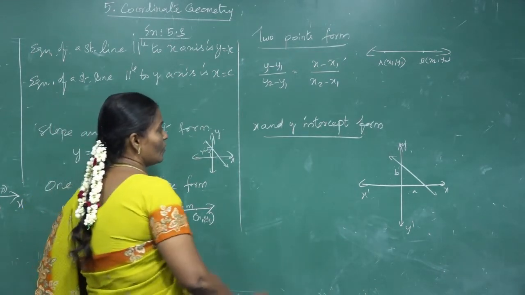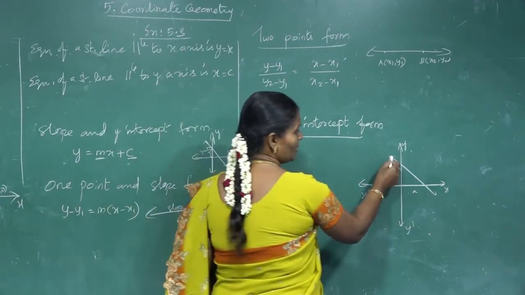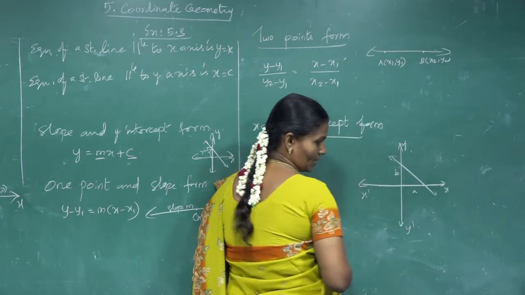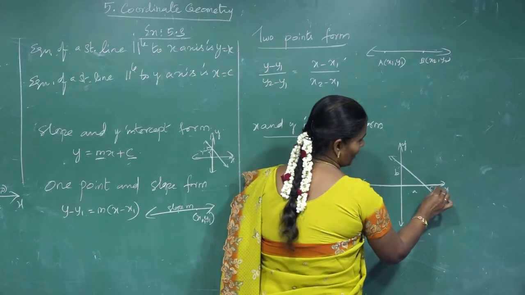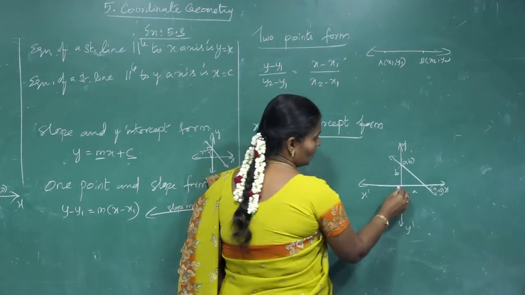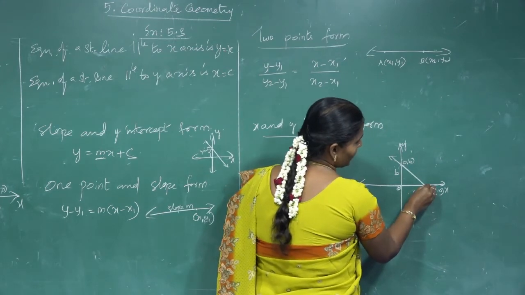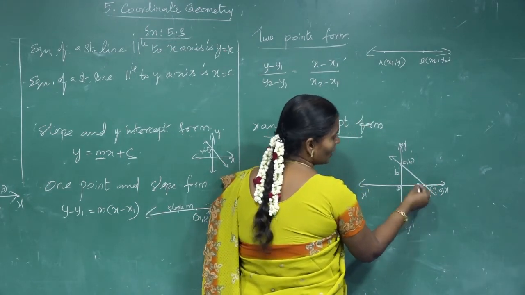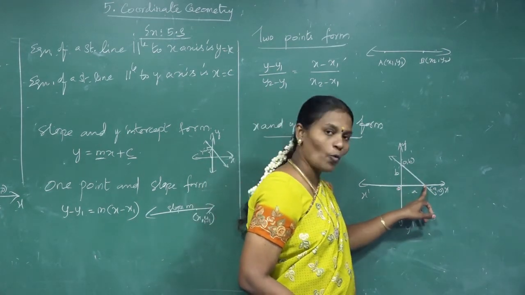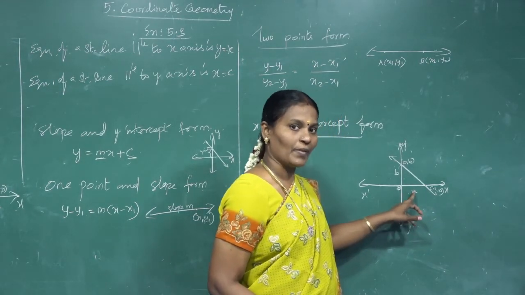Now we see x and y intercept form. See, this is a straight line. This straight line intersects the x-axis and y-axis. Here the intersecting point is A, you consider A comma 0. Here 0 comma B. So this is origin, you know already, isn't it? So the distance between origin and this intersecting point is A. This is called x-intercept. The distance between origin and intersecting point is called x-intercept. Here we consider x-intercept is A.